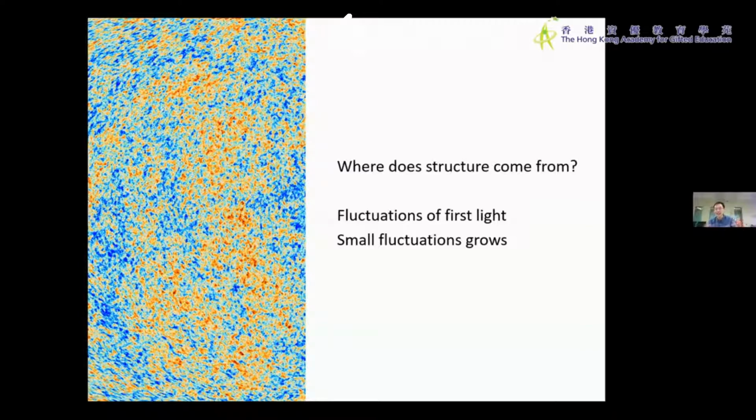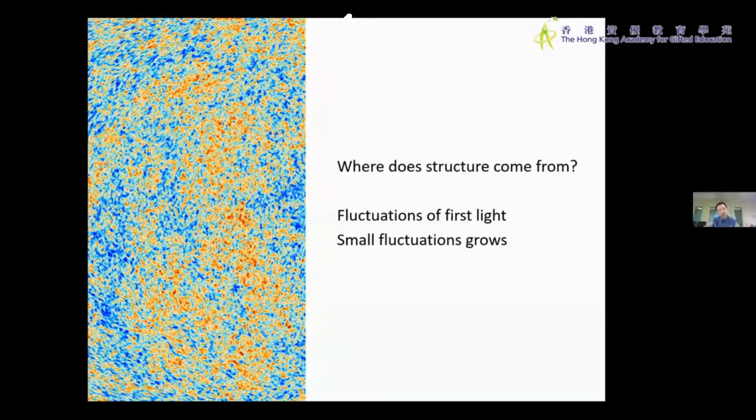By slightly, I mean really slightly, just 10 to the minus 5 higher or lower compared to anywhere else. So there is a teeny small fluctuation in the cosmic microwave background, and that is the origin of